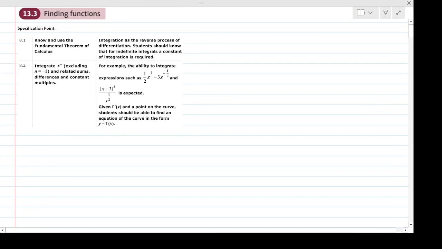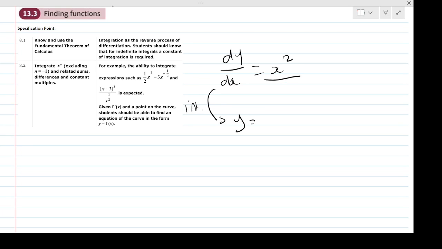Hello, so in this video we're going to look at finding functions, and we kind of already did that in the earlier parts of this chapter. So for example, if we have the derivative, say dy/dx, let's say that's x squared, then we integrated to get back to the original function y. So with the integration we said we add 1 to the power, so we do x, and then 2 add 1 is 3, then we divide by the power, so we have a third x cubed,